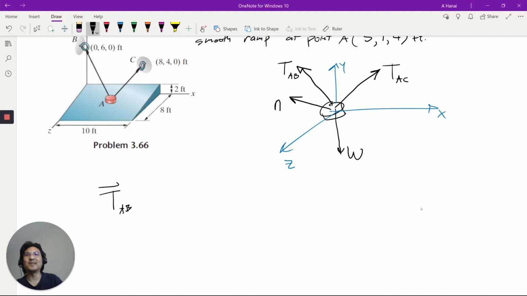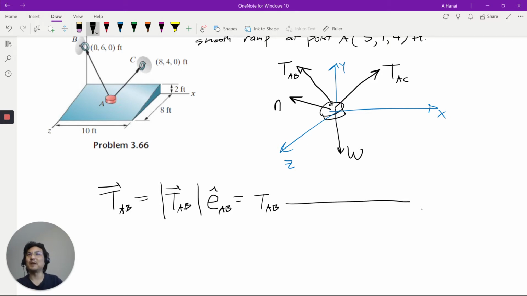this one, the tension, we don't know the magnitude yet, right? This magnitude we don't know. But the direction, the unit vector from A to B, we can definitely solve for it right now. Right, so this is unknown. I'm just going to write the magnitude like this. But the unit vector from A to B, no problem, right? So